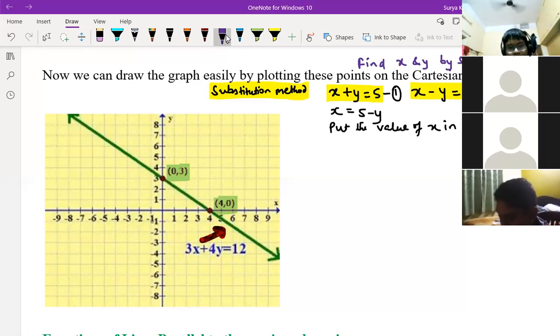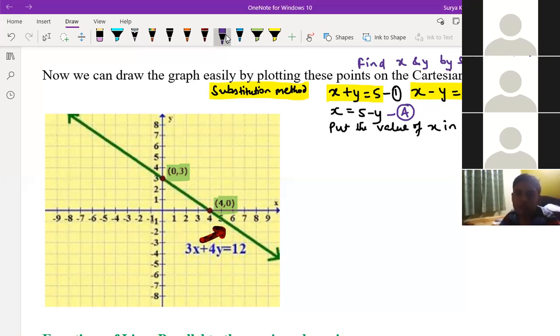Now what we need to do is, from the first equation we are writing that x is equal to 5 minus y. Can we write like this or not? Yes, sir. So let this be A. Putting the value of x from the first equation, the same thing you are going to put in equation second, right? Sir, I got it, sir. Okay, fine. Now, children, what we need to do is put the value of x in equation second.